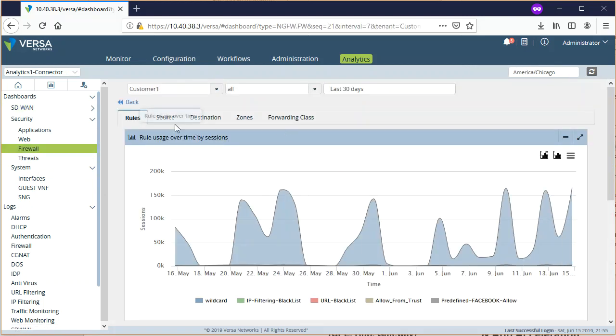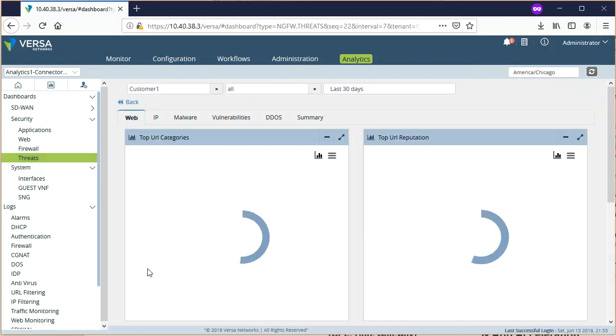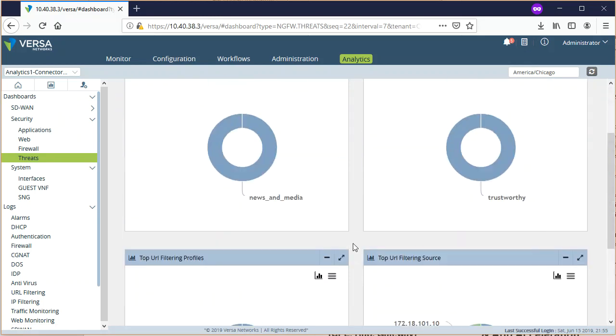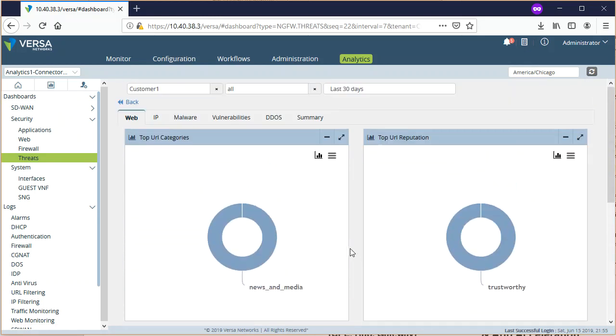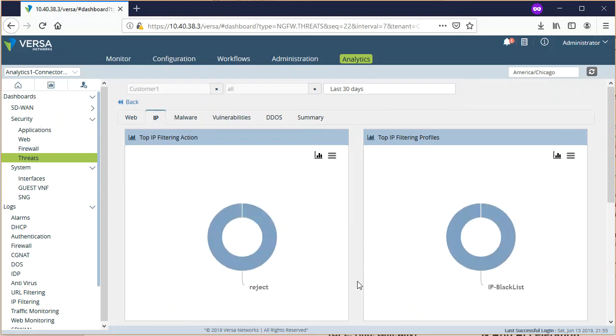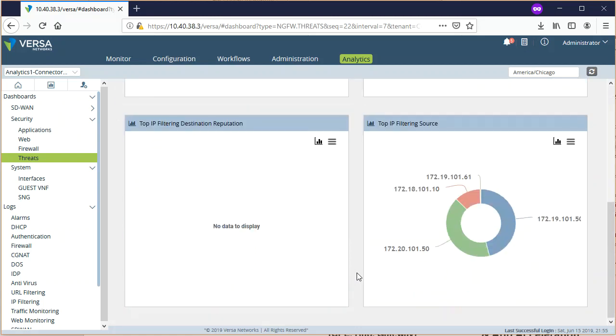So we just covered the firewall statistics. Now let's go to the threats. If you want to see what was, let's say, the most attacked resources or destinations in our network or on the outside, we can go to the threats menu. And here you can see information about the top actions that were applied in our network, top IP filtering sources,